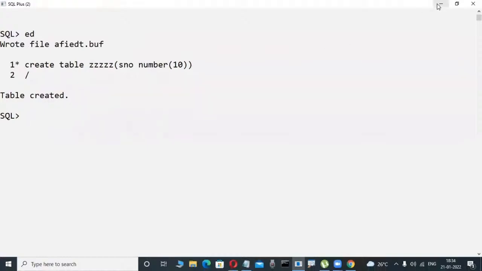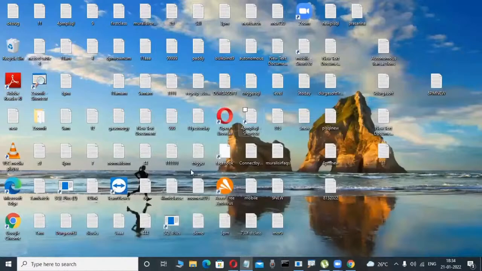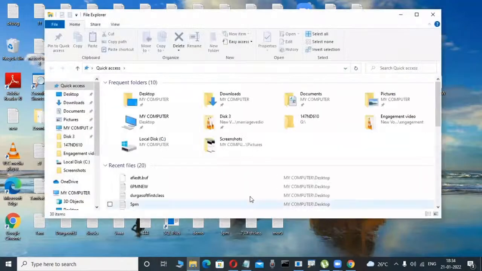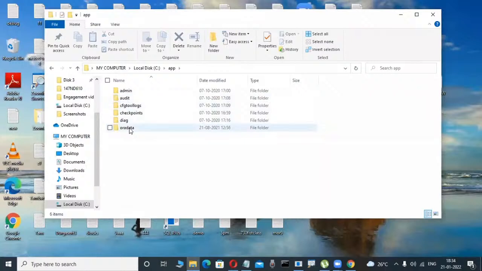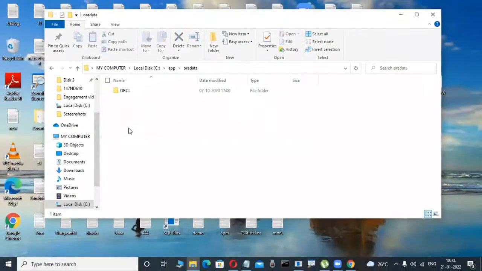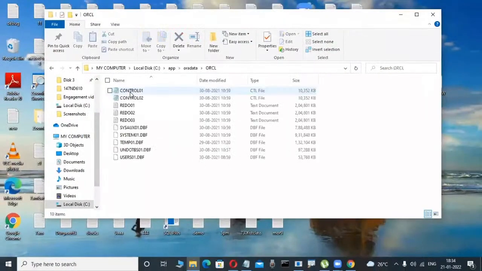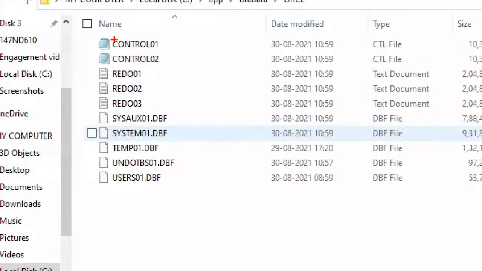This table is created. Now I'm interested to view whether this table is created or not in my operating system. Suppose Windows operating system is there, where Oracle is installed. In that location, I try to view, for example, in C colon, where Oracle is there. Those are directories, these are folders. Here Oracle, Oradata, ORCL. I'm observing only. Now in C colon, I'm installing my Oracle software. In this Oracle software, here, anywhere